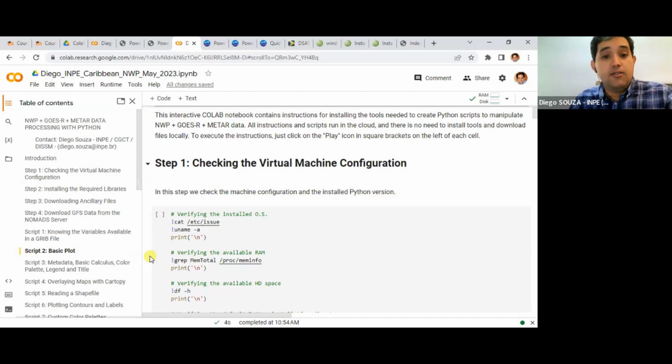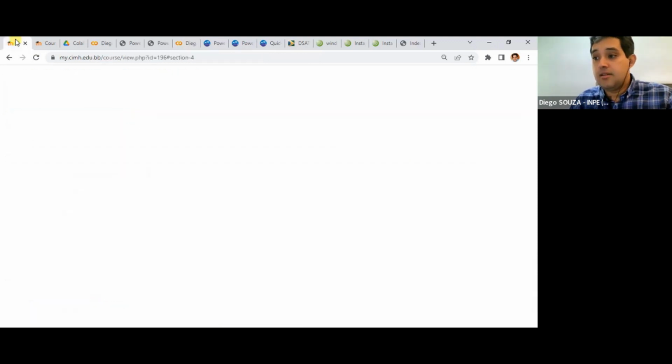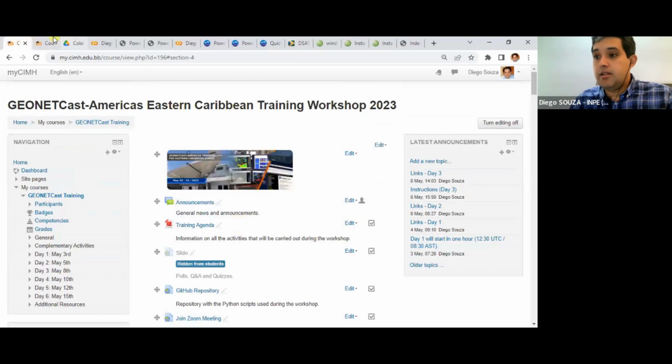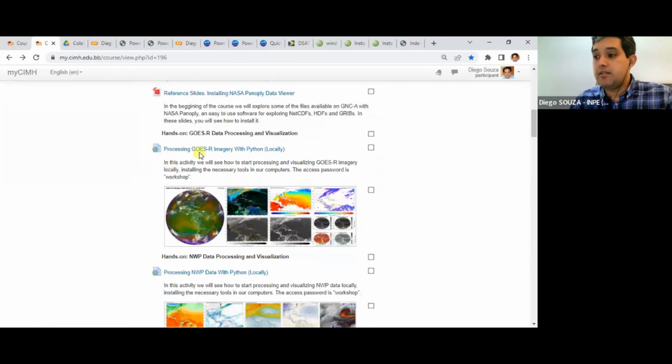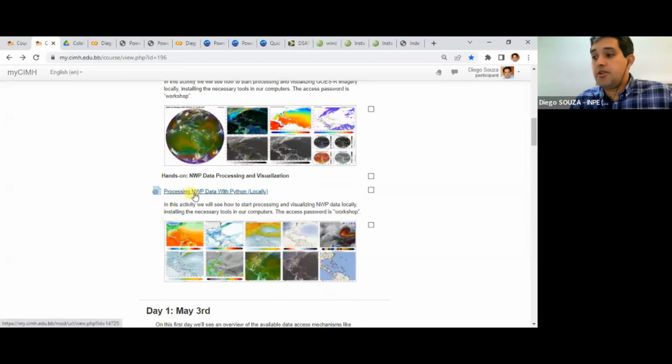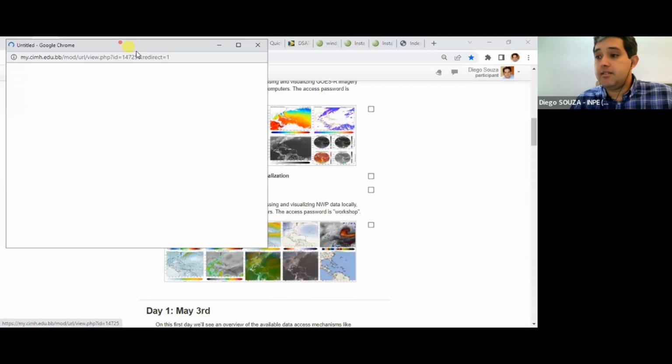And this is all online. You don't need to install anything in your machines. However, if you want to try your machines, in Moodle, in the complementary activities, you have a link here called Processing NWP Data with Python Locally. If you click at it,